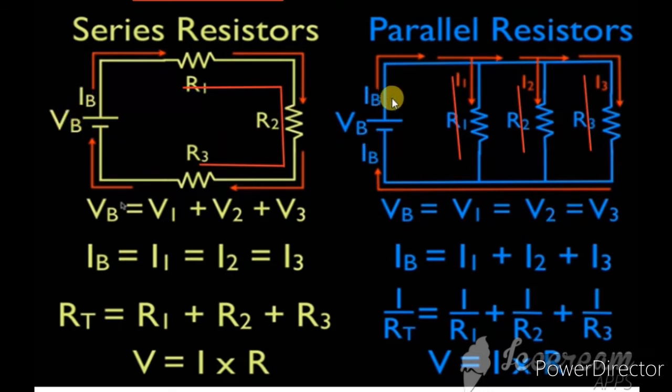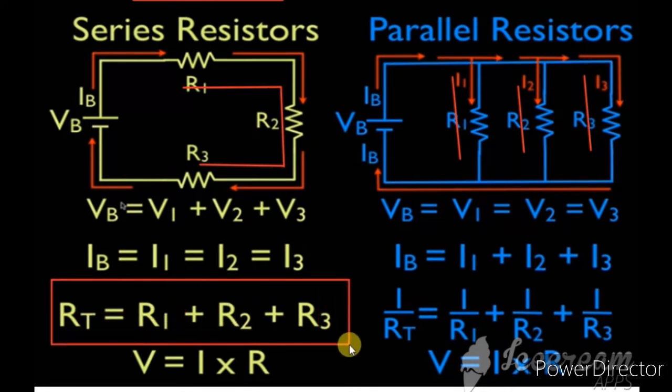See, in resistors in series, we have V is equal to V1 plus V2 plus V3. Here the currents are the same. And so we are writing R is equal to R1 plus R2 plus R3. This is the final step which we saw. The last equation we saw, RS, here we have RT. So RT is equal to R1 plus R2 plus R3, because we are using the formula V is equal to I into R.